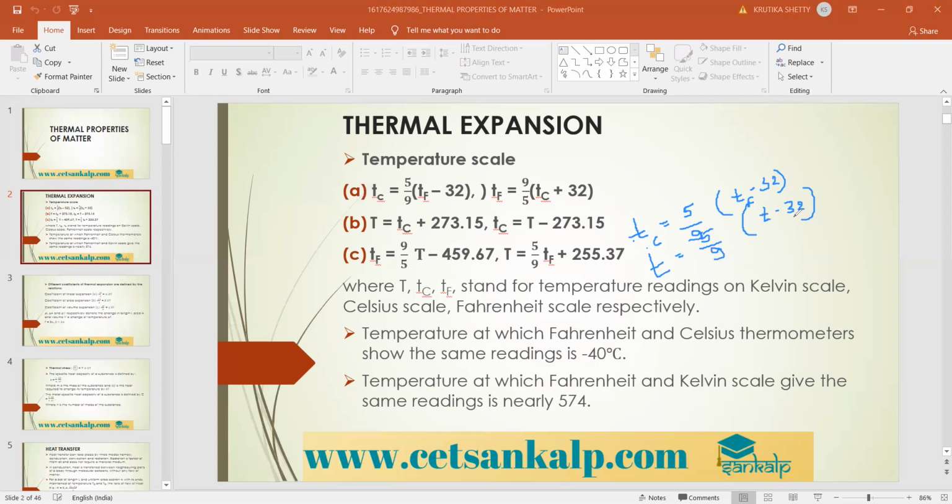You can see in the formula above, which relates the Fahrenheit and Kelvin scales, you can take any one formula and simplify it. In the same way, take Tf and capital T equal to one temperature, theta, you can consider. On simplifying, you will get the temperature as 574. Am I clear? So here, the next slide we have, that is